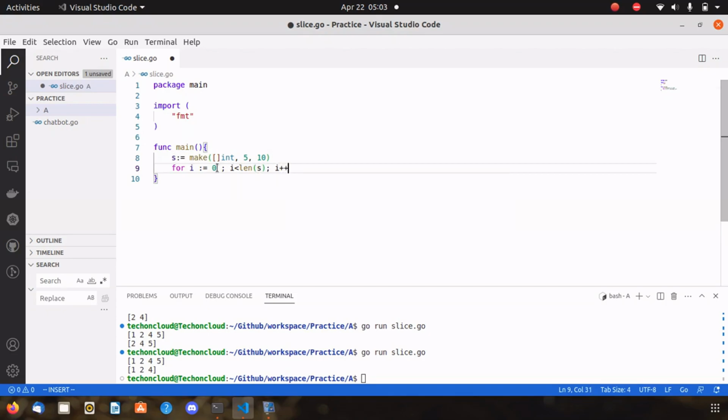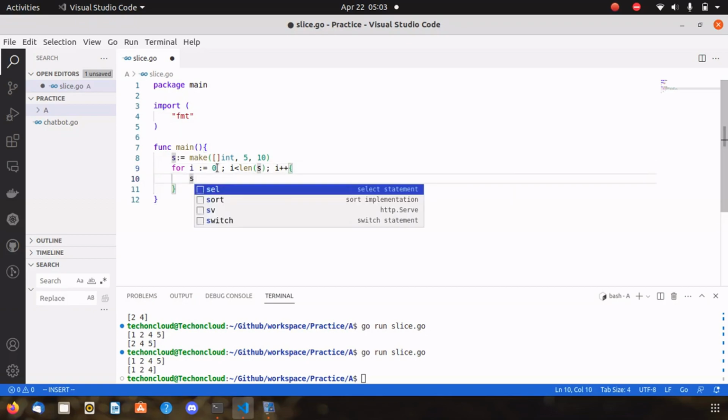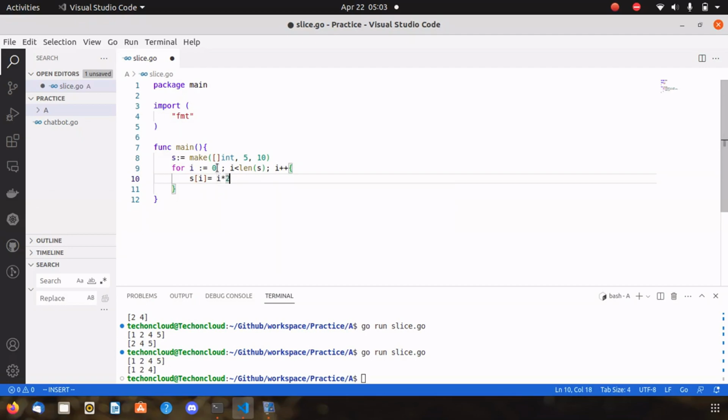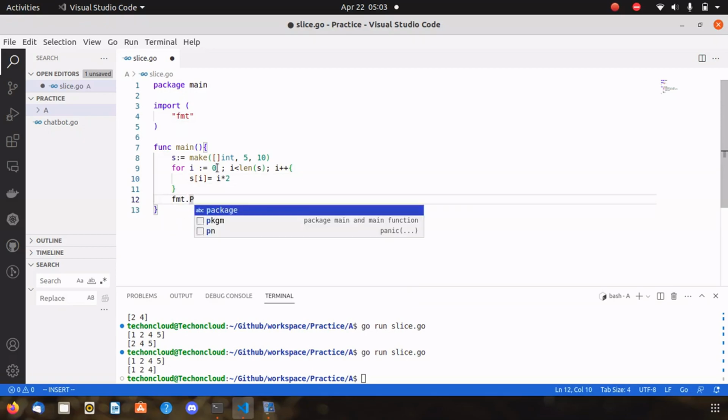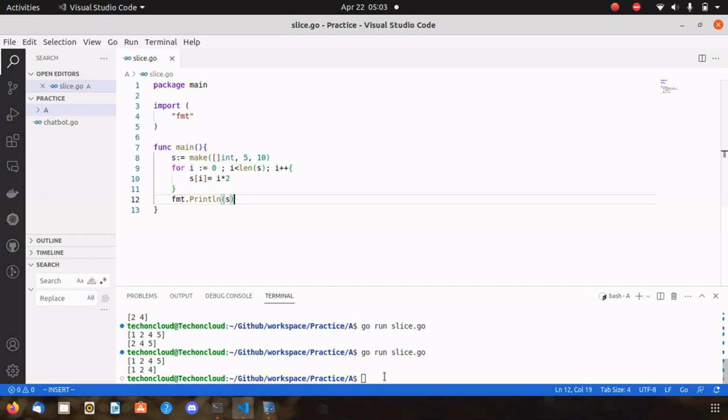Then i plus plus, then s of i, which is the index for a particular place, equals i into 2. Let's print it, fmt.Println, then s, save it, clear it,